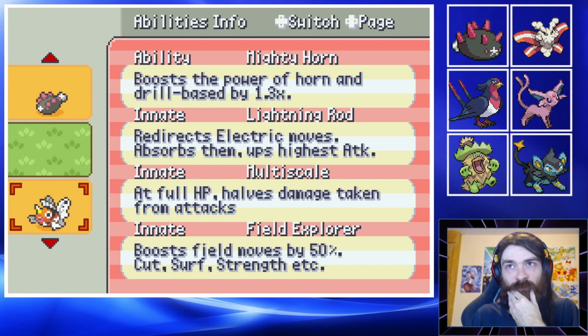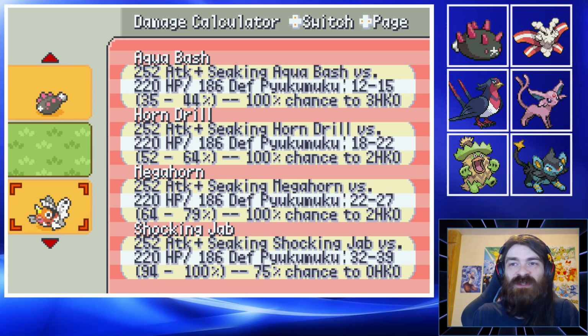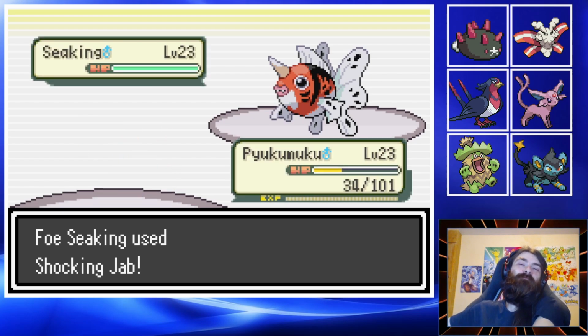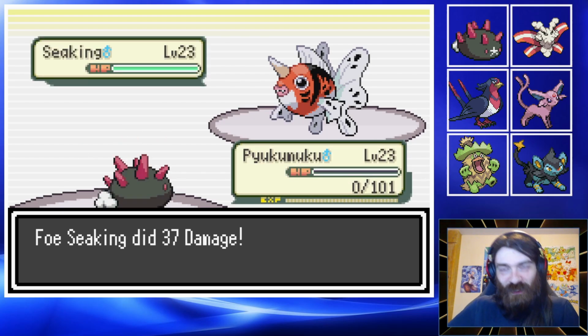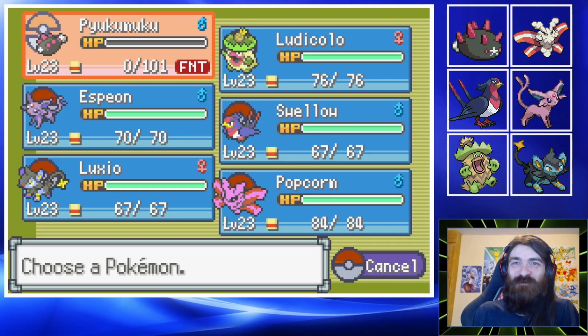That'll be interesting. Mighty Horn boosts its drill-based moves. Lightning Rod, Multi-Scale, Field Explorer, that's all fine. Aqua Bash, Horn Drill, Mega Horn, and Shocking Jab. Is Shocking Jab gonna KO? 75% chance to KO. I believe in Pyukumuku. We're gonna live. We did not live. We are not lucky. Okay, that's fine. That's unfortunate, but I kind of wanted it to live and then return with a one-shot, but